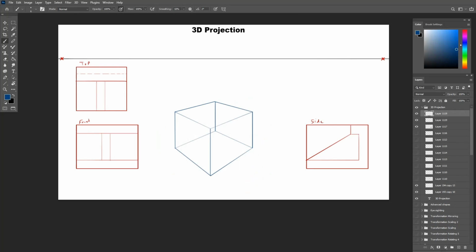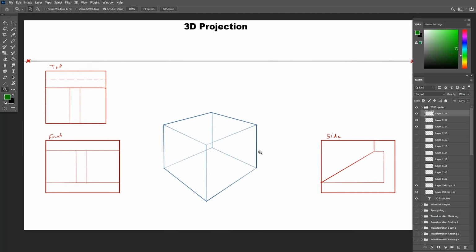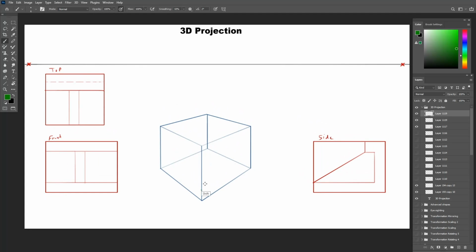So let's now reverse this process by moving these projection plans into 2D and try to reconstruct this 3D object with these 2D projection plans. The first step is just to look at the projection plans and study them. Take your time and understand what we are looking at. Then pick up one projection and start from it.